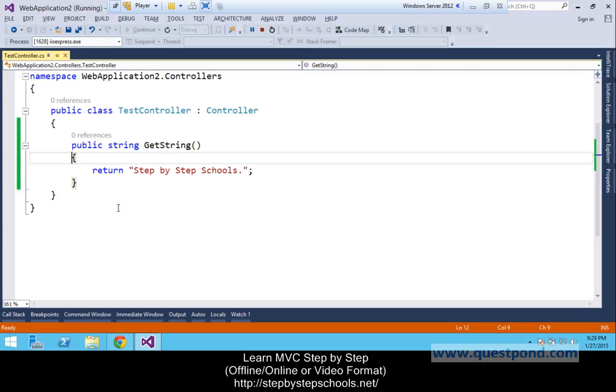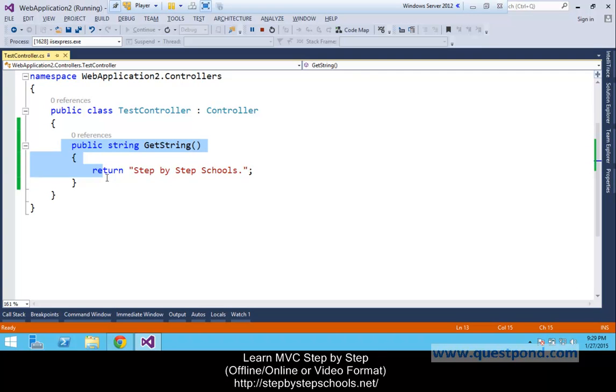Let's close this. Now, what we did was simply put something in the URL and press enter. That means we made a request, and that request was handled by this function. When we made a request by putting this in the URL, this request was handled by this method.